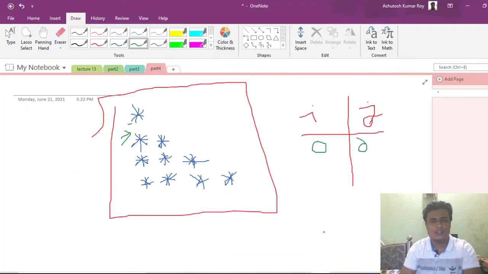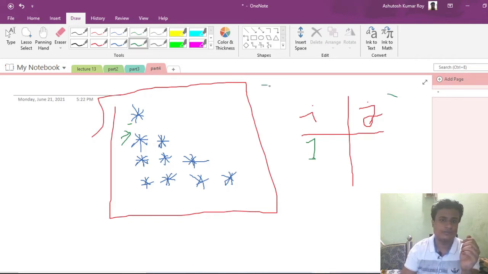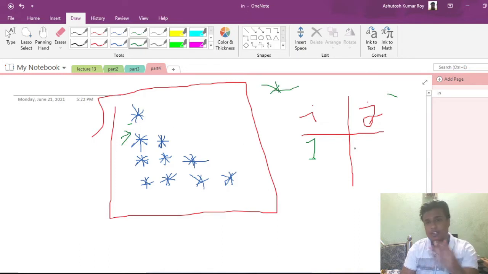So let me now deduce the logic. How are you going to do that? First of all, the value of i is 1. For 1 we will print 1 star, meaning for 1 we have to enter the j loop and print the star one time. Then again, don't use the j loop here. If I use j again and again for 5 times, it will print all the other stars also. We don't want that output.